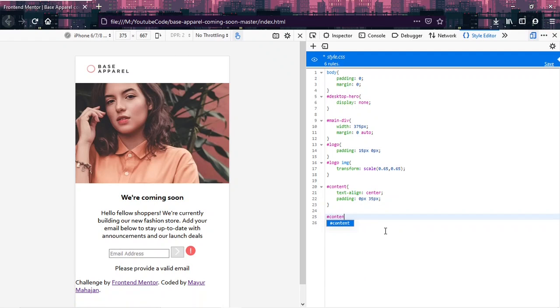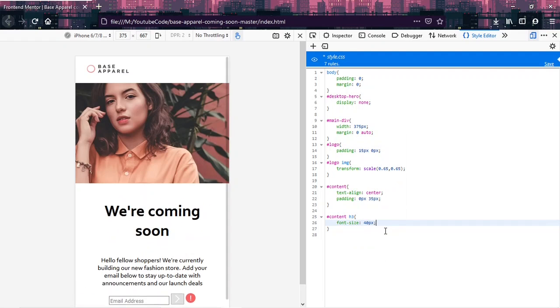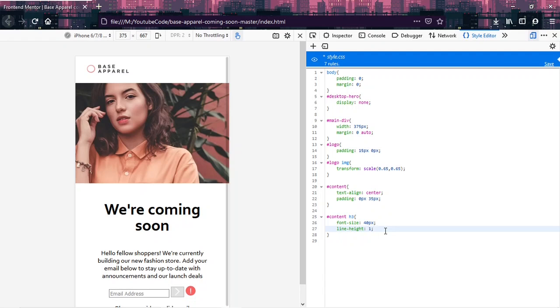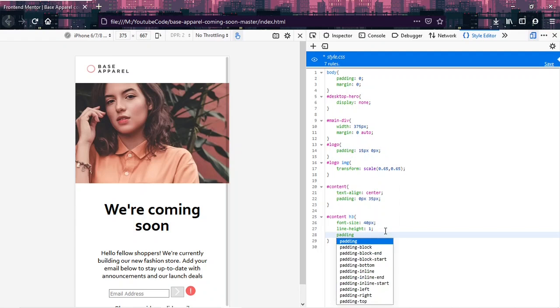So now let's code the content header that we have. That header I think has a large size, so let's give it a 40 pixel size. Yeah, appears big enough. There's some line height there, not a line break, line height. Let's give it a one line height. There is padding of 0 pixel and 30 pixels. As you can observe,